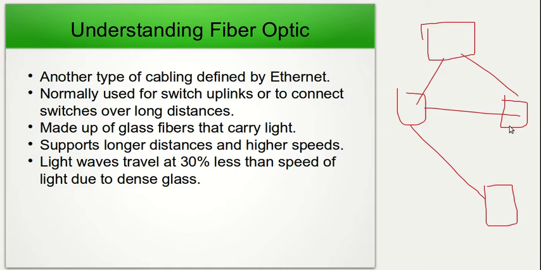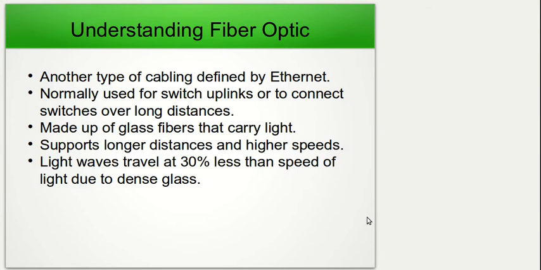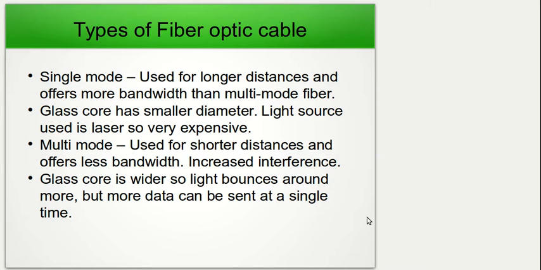A fiber optic cable consists of glass fibers that actually carry light. Now that doesn't mean that we can send data at the speed of light. Due to how dense the glass is, data normally travels at 30% less than the speed of light. But the good thing about fiber optic is that the cables are longer and the cables are also faster as well. So there are two types of fiber optic cable: single mode